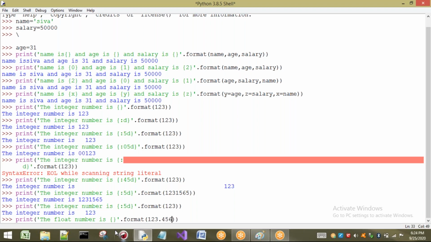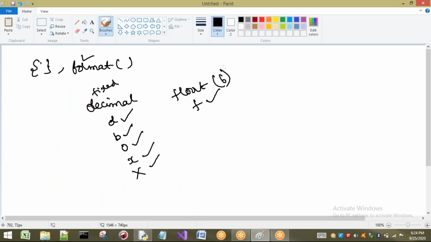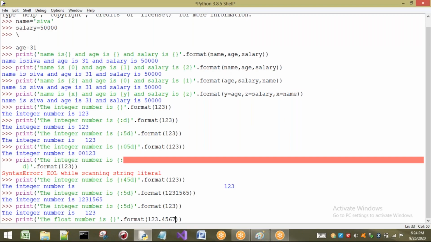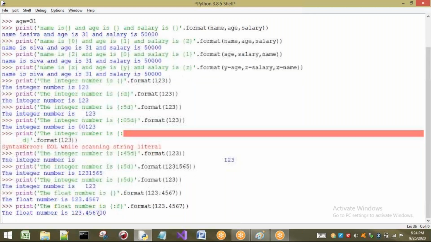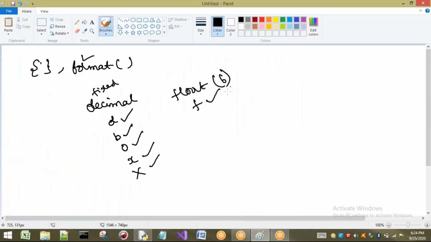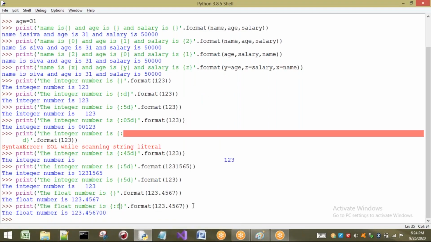0.456. So by default, see here, what is the precision we are going to have? 6. Now see, if I execute this one, nothing will be there. Directly 123.4567 will be printed. No problem. Now if I pass the values to this one, let us take here. If I am going to consider normal f, that means I have taken only f. That means directly it will print the same value. But here, the difference between these two you have to understand. If you are going to write float, it indicates what? The default precision is what? 6. So automatically 6 precision value should be there.